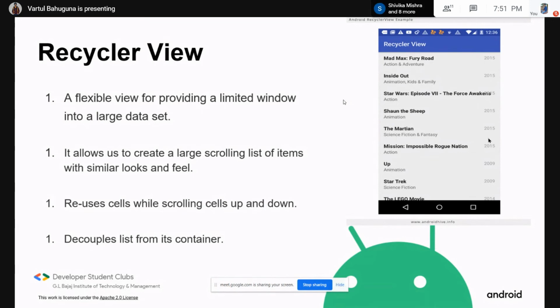Now to do so, what the recycler view needs is an adapter. The recycler view adapter will take the data from your list and fetch that data into the constraint layout, and then it will give that constraint layout to the recycler view, and the recycler view will display that layout as a whole.